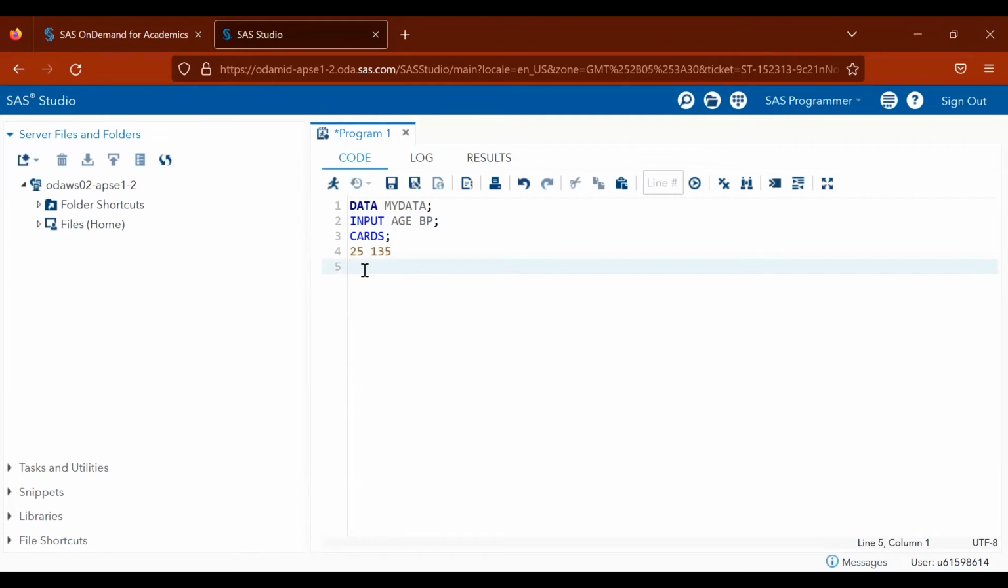Second observation, 21 years and 145 blood pressure. 32 age, 155 blood pressure, 45 age, 166 BP, 42 age, 169 BP, 32 years old,